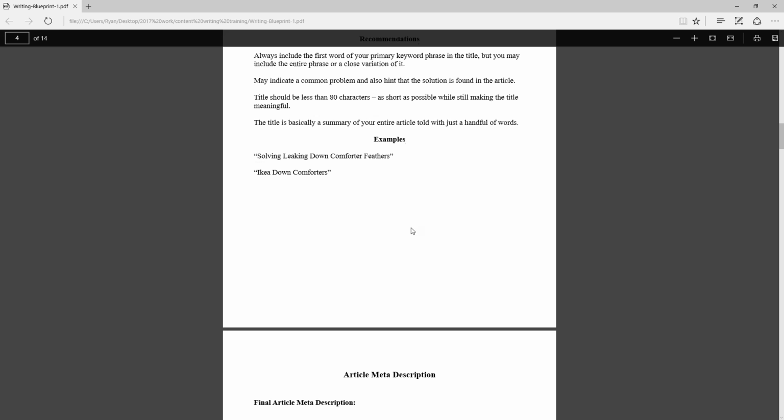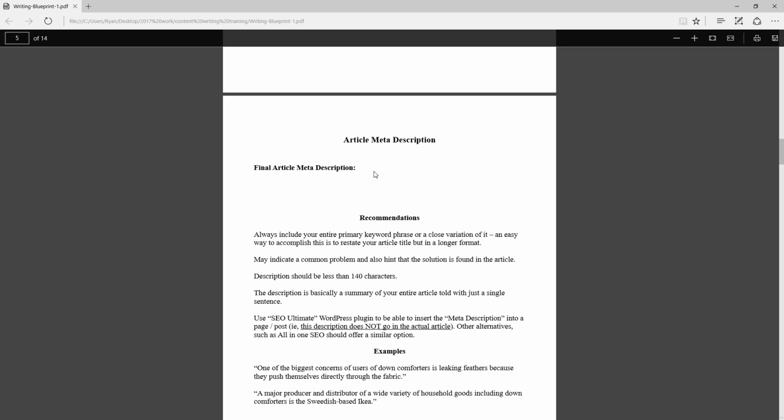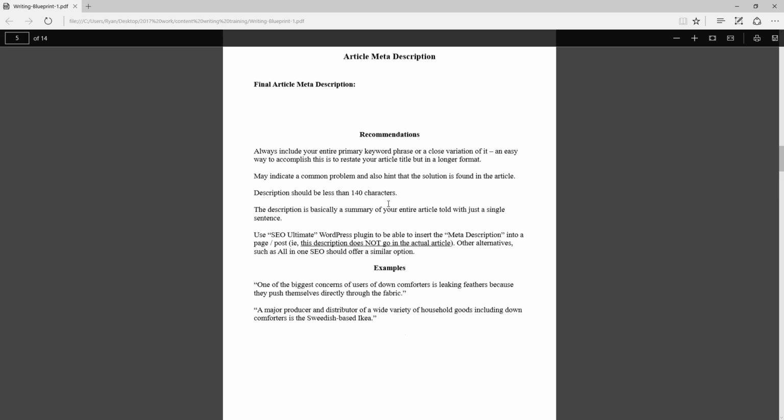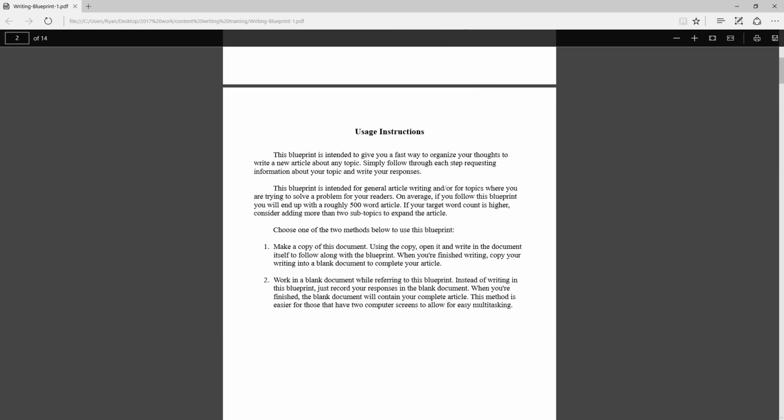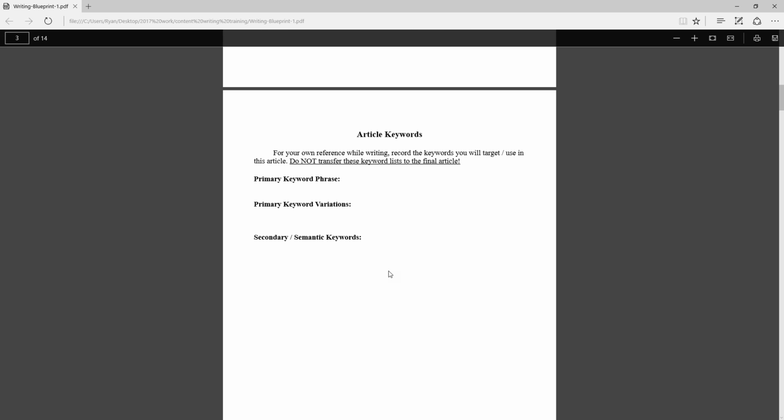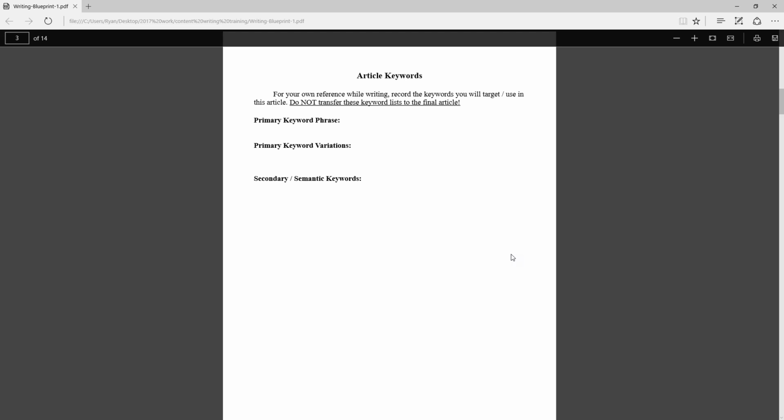It also includes things like the title, the meta description, the summary, the elements of your article that are not necessarily part of the article itself, but they're still important to have when you're writing. So with that said, you simply want to take this blueprint, start at the top, work your way through it. It will prompt you for different pieces of information, and you just simply provide that information.